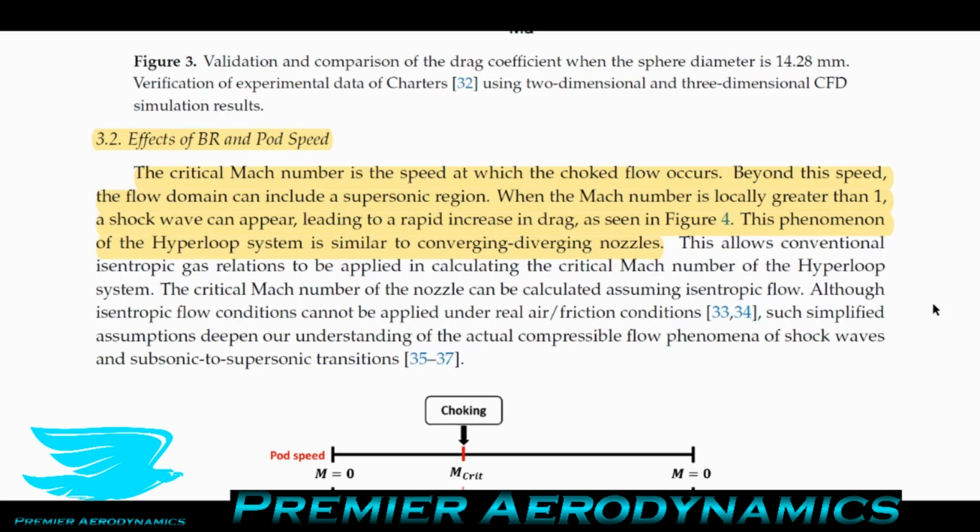So if you reach that, you have to somehow get past it to then get supersonic. So there's that discontinuity there,